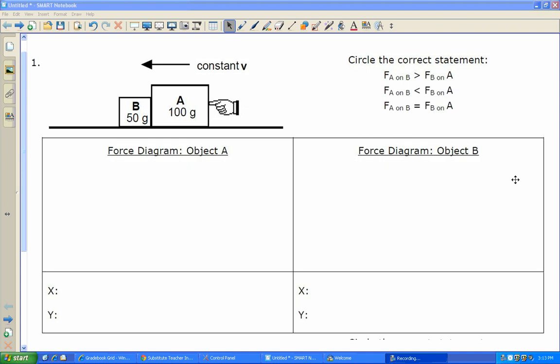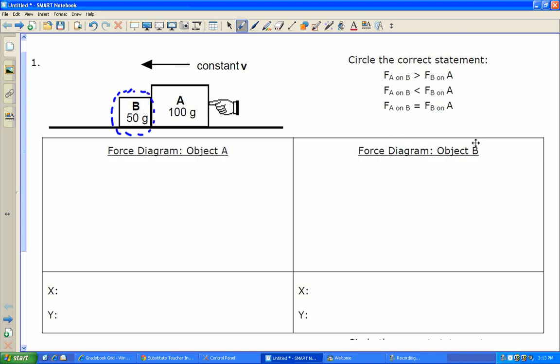Wanted to walk you through how to approach at least part of the handout for today. It's a little bit challenging. There's a lot to this. It's only 5 problems, but I think it's going to take you some time to work through each of these. So read the instructions at the top carefully and make sure that you follow through on each of those parts when you draw up your force diagrams. So I'm going to walk you through what the force diagram will look like for object B,